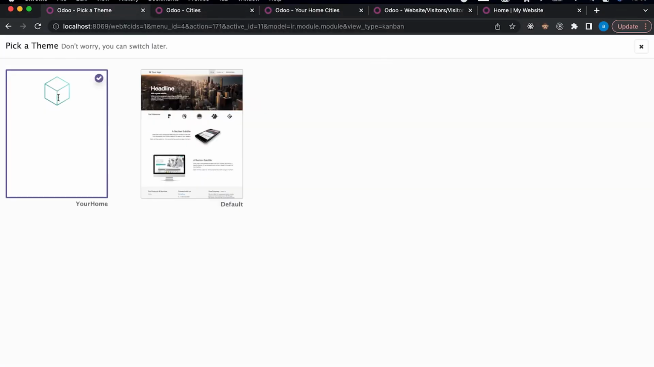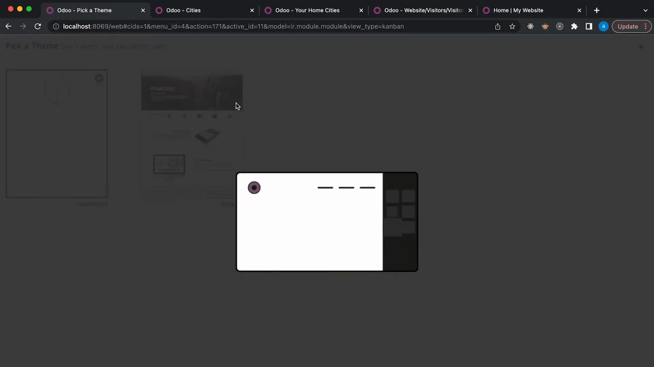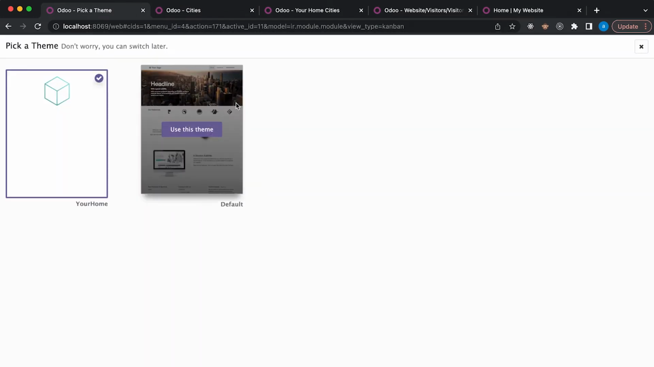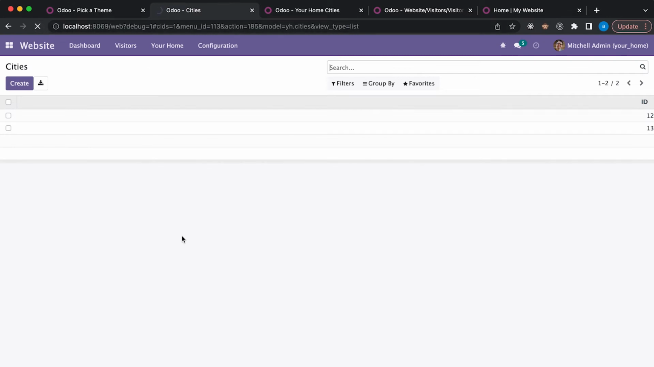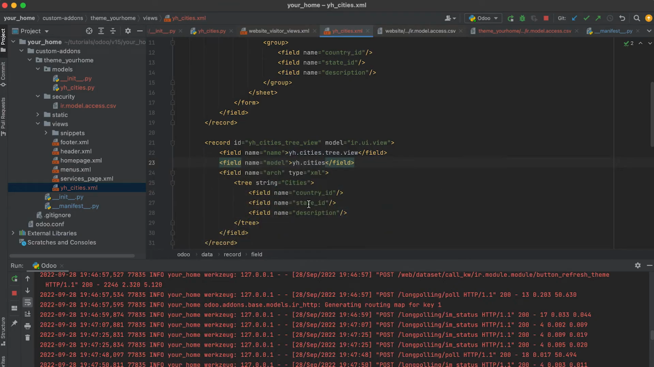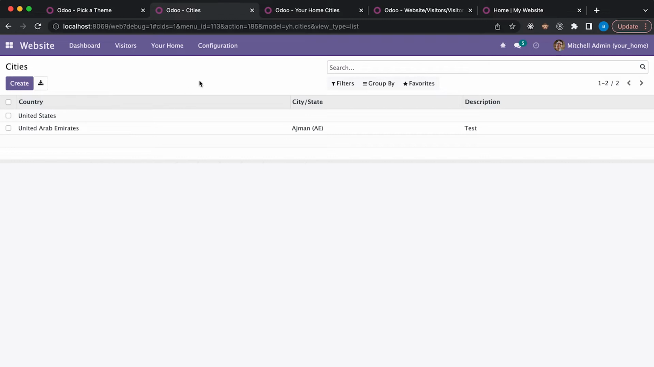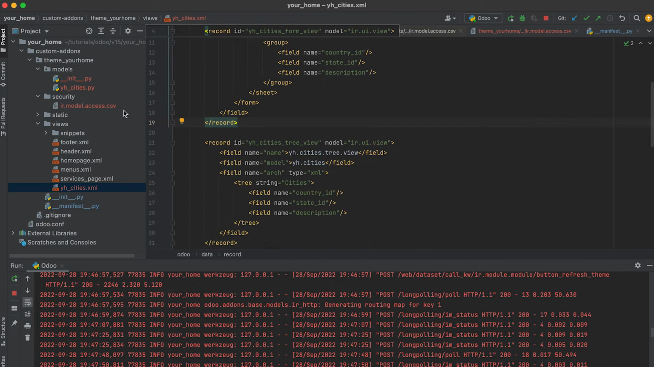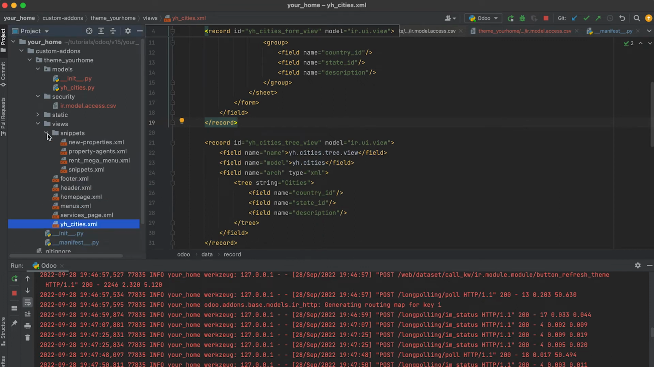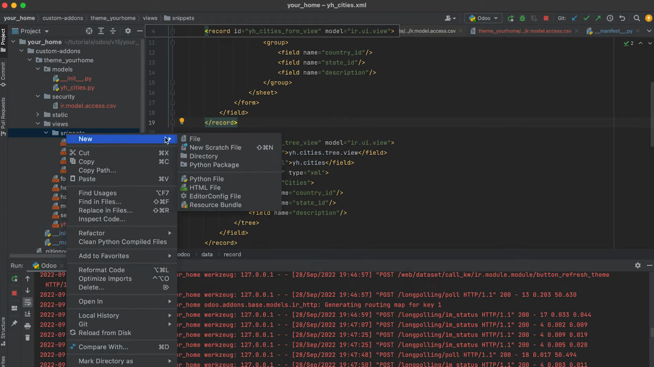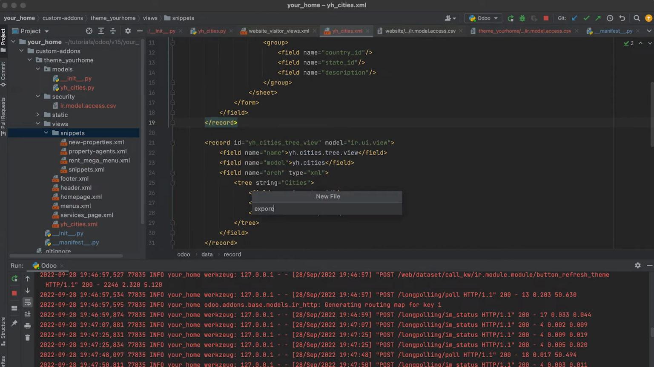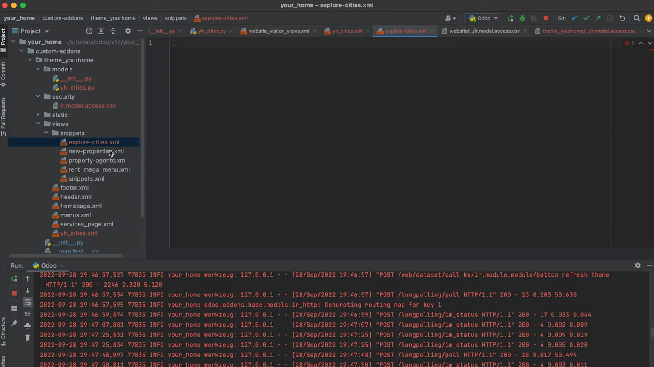Let's go back and update our theme. Let's reload the page. Now it's showing what we have defined here: country ID, state ID, and description. Next, let's create our dynamic snippets. First, let's go in our snippets folder and add a new file. Let's name it explore cities.xml and let's copy